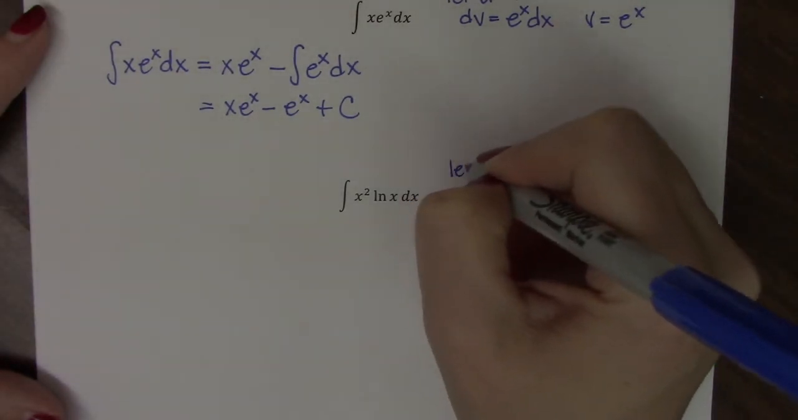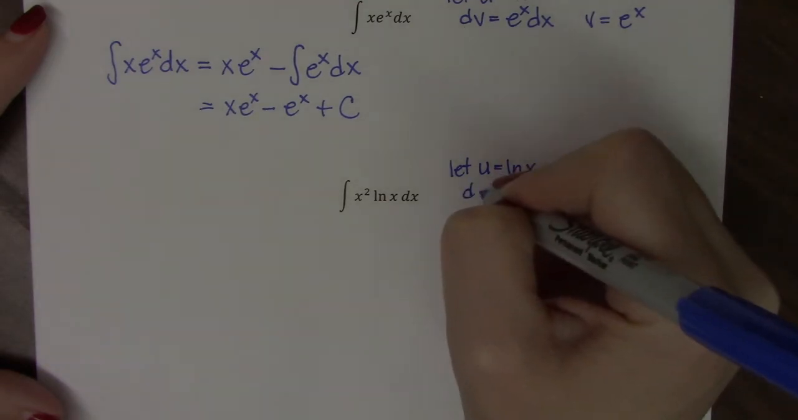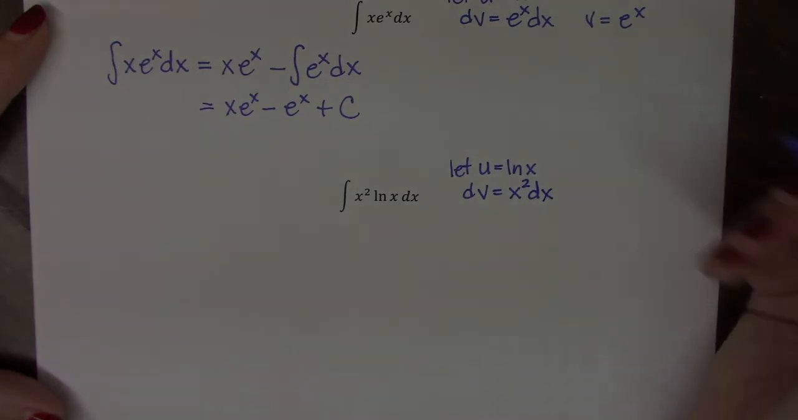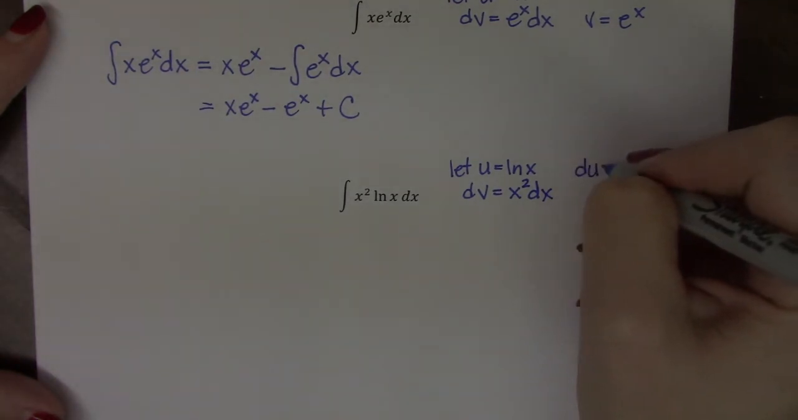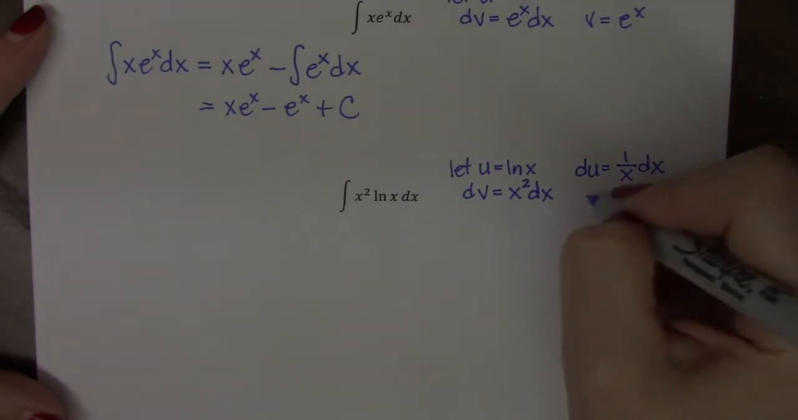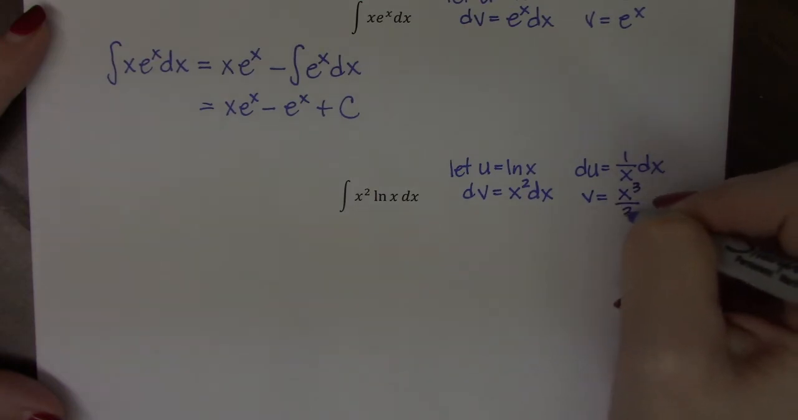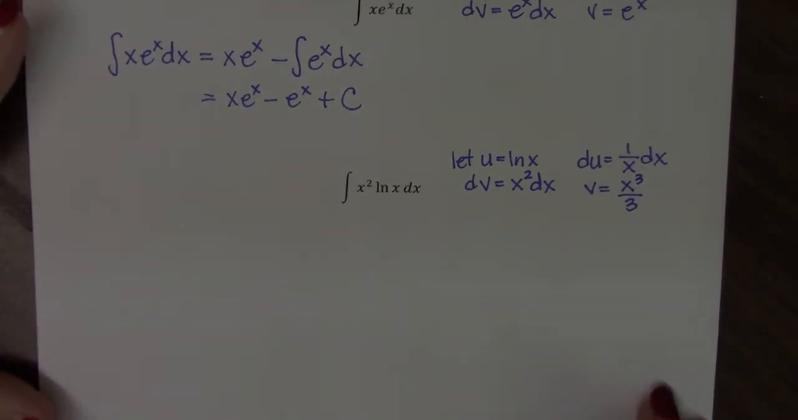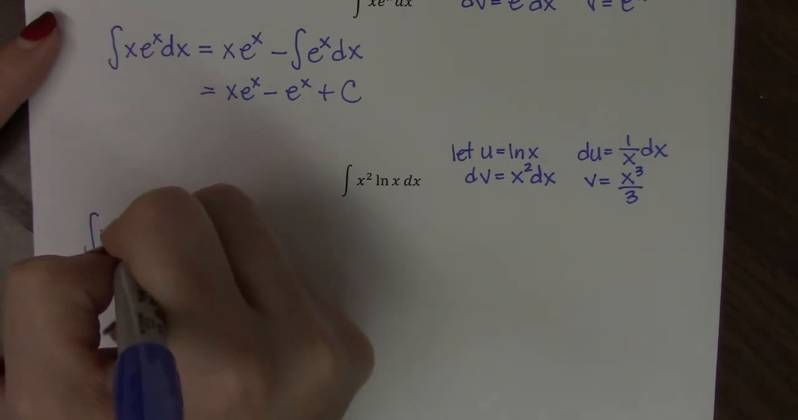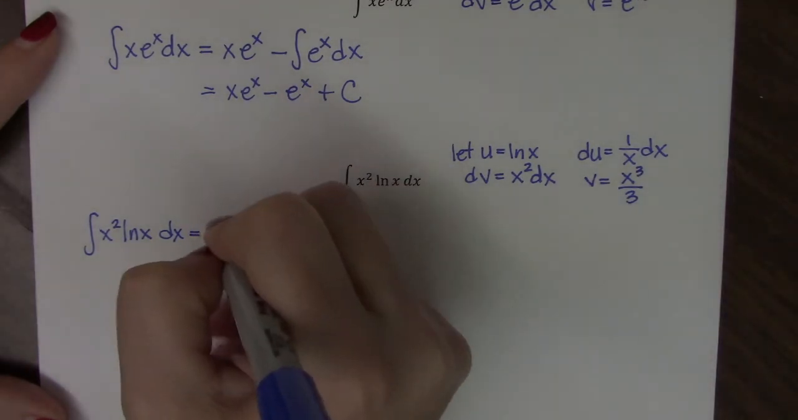So we're going to let u be the natural log of x. So then dv is x squared dx. The derivative of u is 1 over x dx, and the antiderivative of x squared is x cubed over 3. So applying our theorem, our original integral will equal u times v